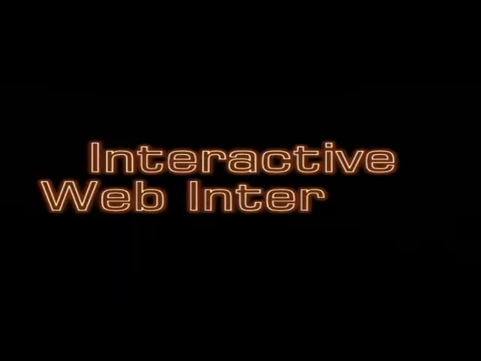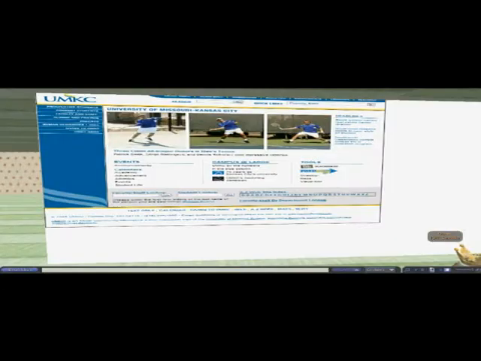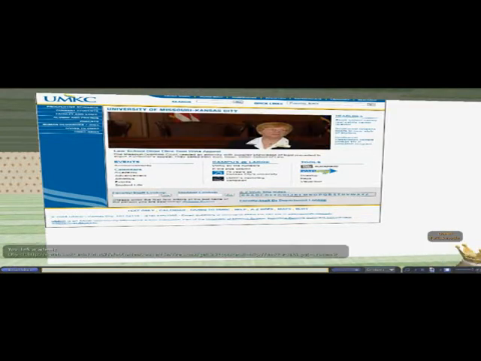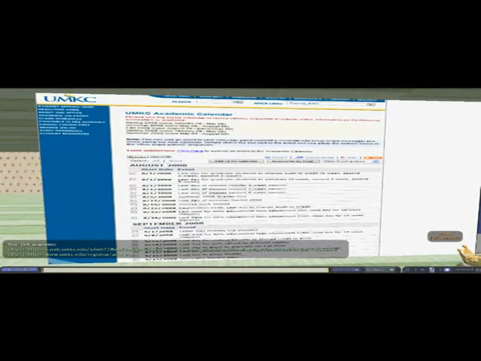In this section we'll be seeing about the interactive web interface. This is the UMKC website. Say I'll type link academic. What this will do is send the page to the backend server. It'll parse the whole page, find the link for academic from that page, return it, and display it on the prim.